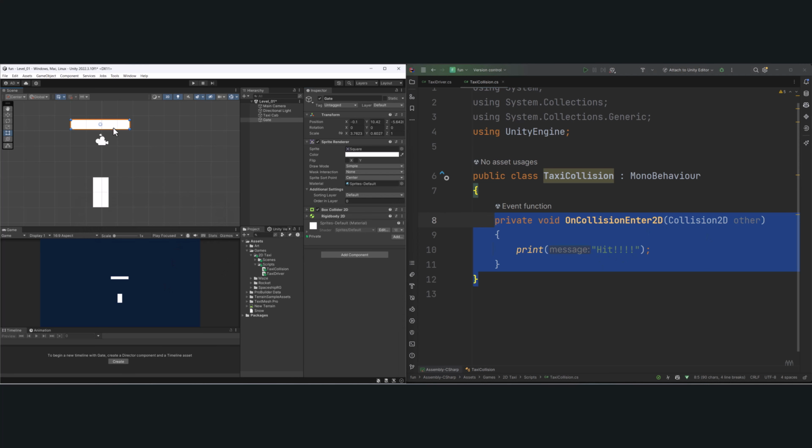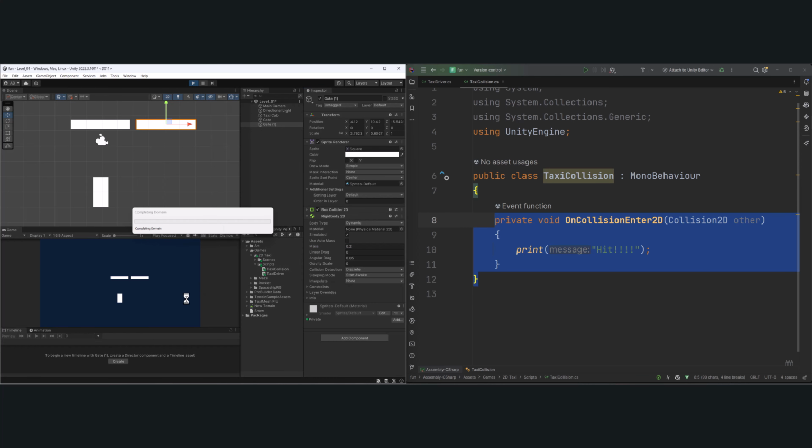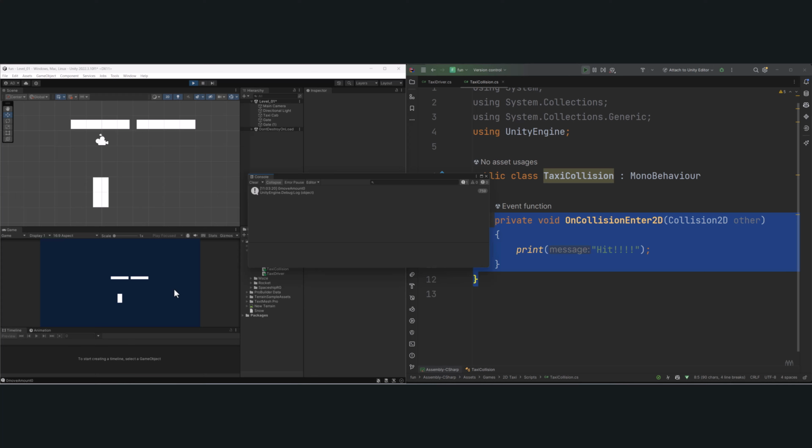So let's go ahead and duplicate this here. And you could build this into your gameplay where you make this one, like, the mass of this object 0.2, so it's a little bit easier. So when we press play here, I'm going to go ahead and hit Control-Shift-C to open up the console outside of here. So boom, you can see,